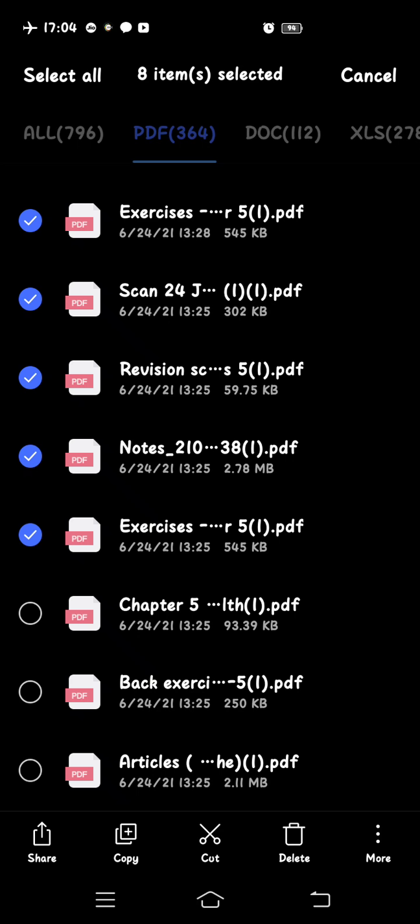If I want these files to remain here and be copied to another folder, then I can use the copy option. But right now I want to remove them from here and move them to another folder. So I will click at the cut option, right? As soon as I click at the cut option, it will ask whether I want to store it in the SD card or in the device storage. In place of device storage, it could ask you about the internal storage. So you can go for device storage or internal storage, right?